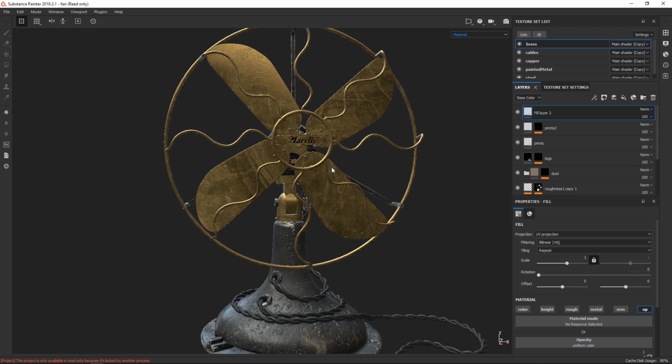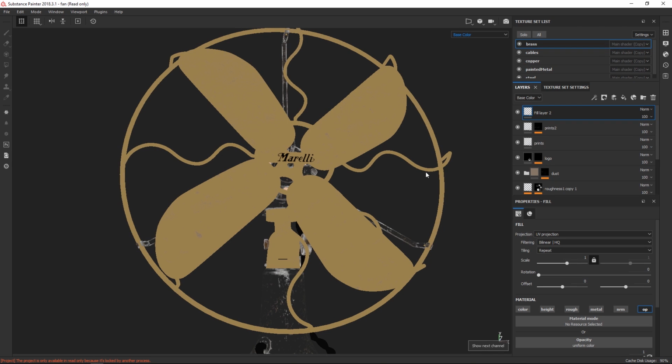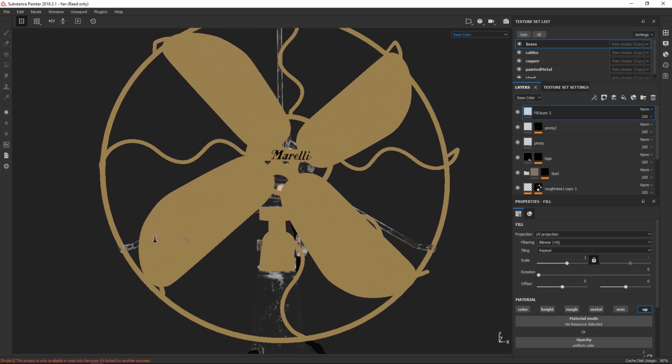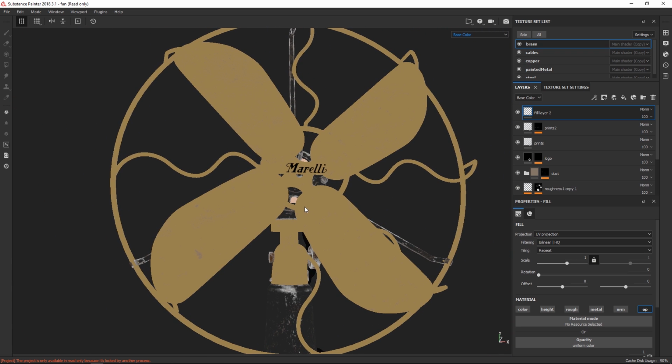So the very first map we're going to be covering is the albedo, or the color map. For this asset here, particularly if you look at the fan, there's actually quite a lot going on, but if we look at the color map, just by hitting the C a few times, we can see the color map. There's hardly anything actually going on. There's a teeny tiny bit of dirt going on, but it's actually very, very simple.